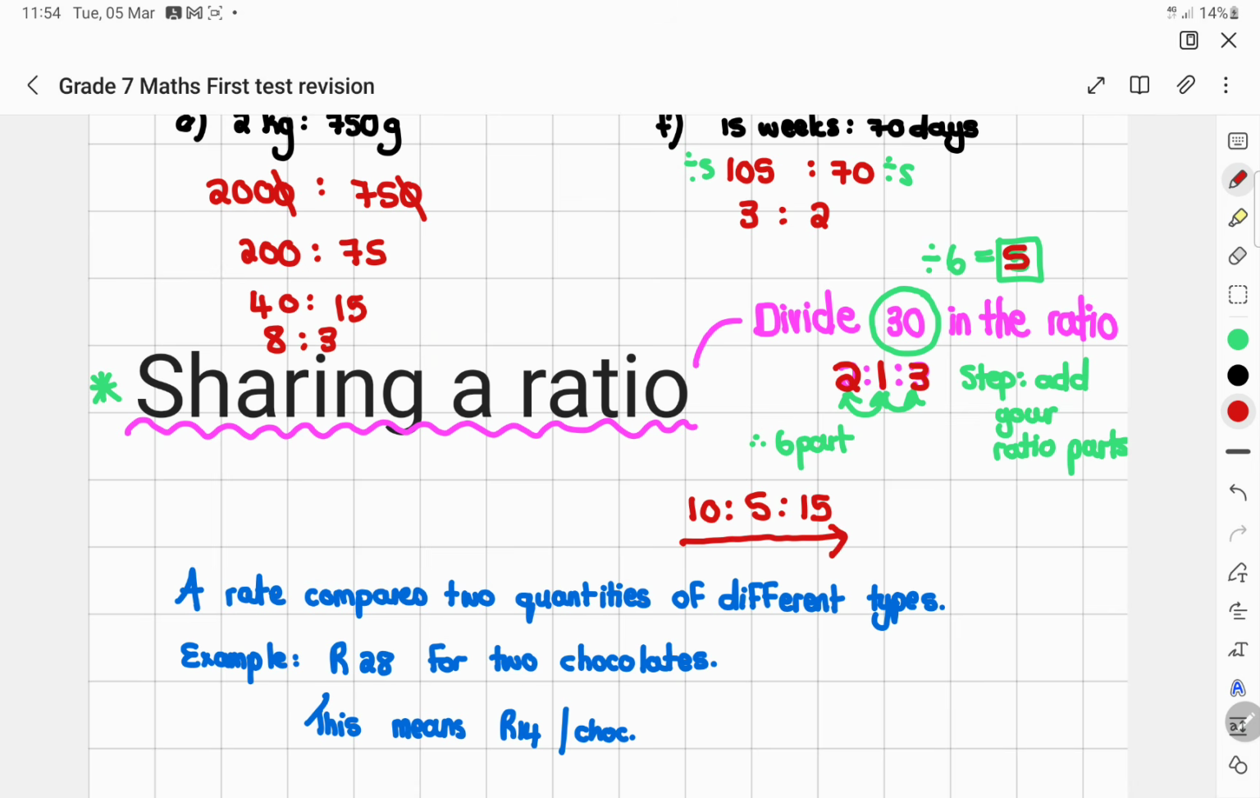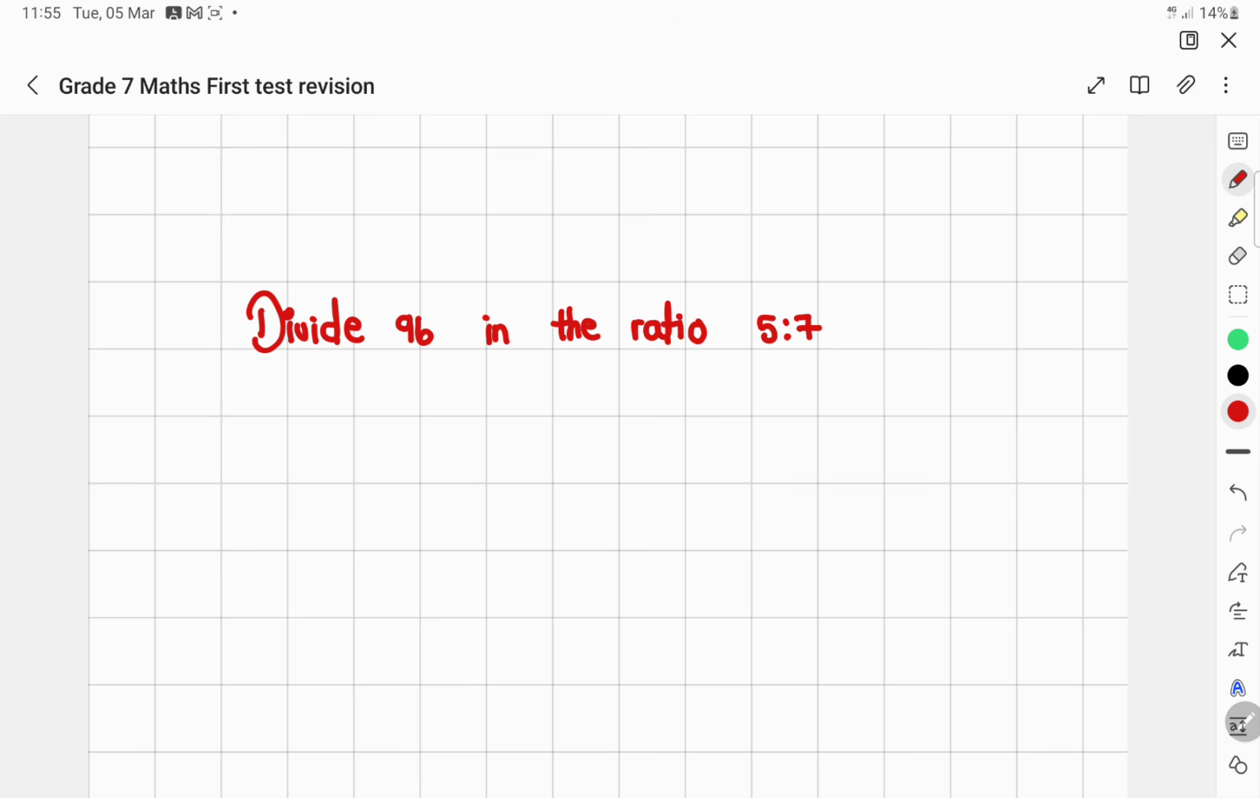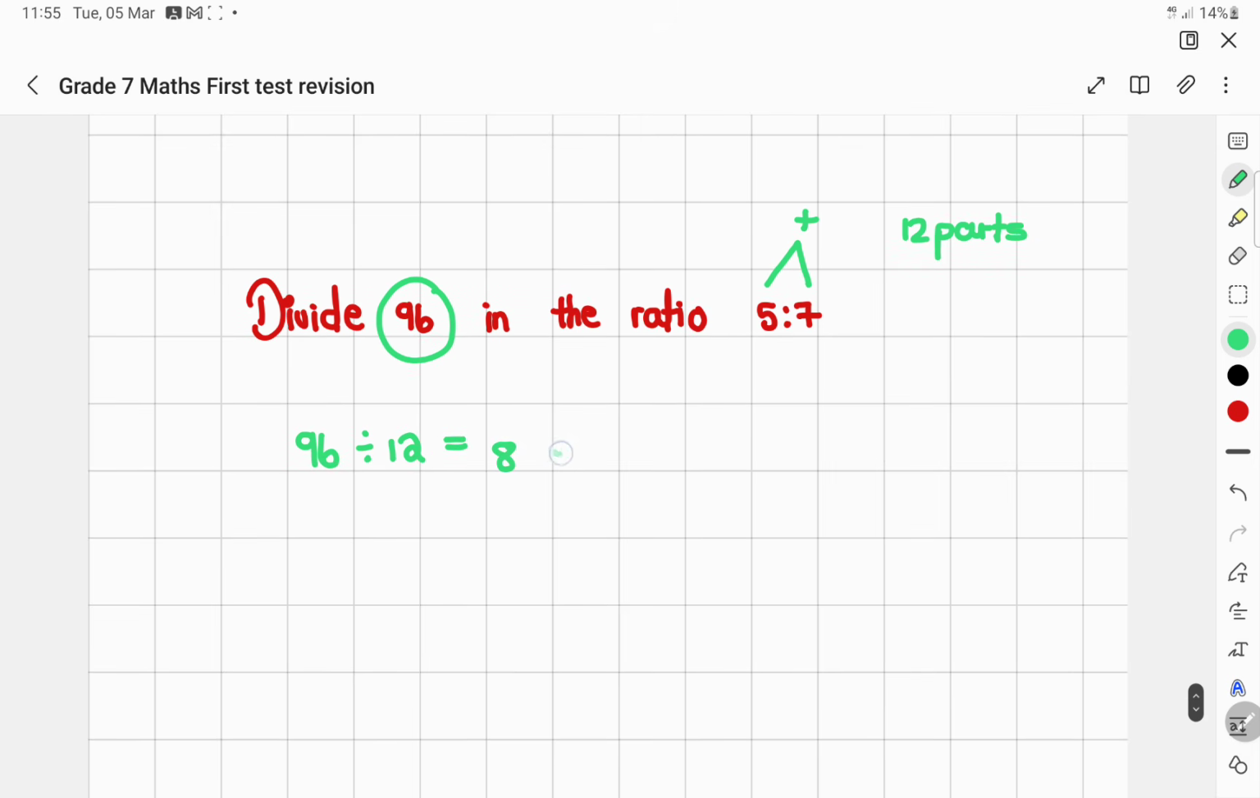Okay, I'm just going to explain another one because I feel like I can do another one with you. If you look at this one, divide 96 in the ratio 5 to 7. So your first step is where we add the ratio parts together. So 5 plus 7 is equal to 12 parts altogether. Then you take the number that you have to divide. Then you say 96 divided by 12 gives you 8. So each ratio part is worth